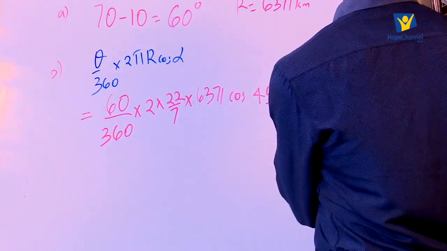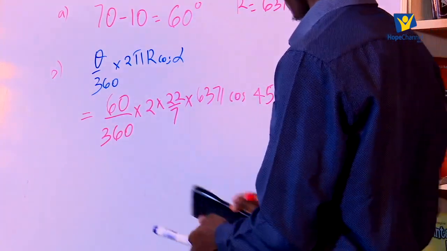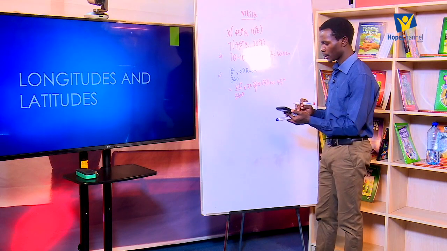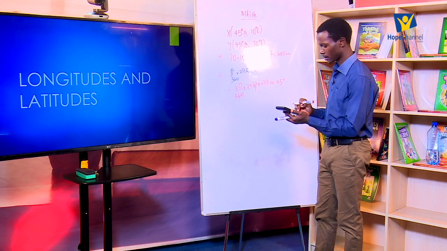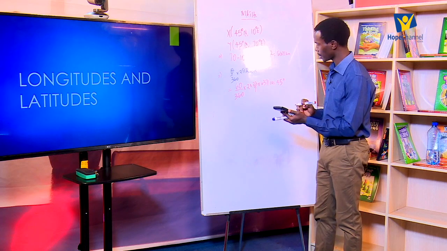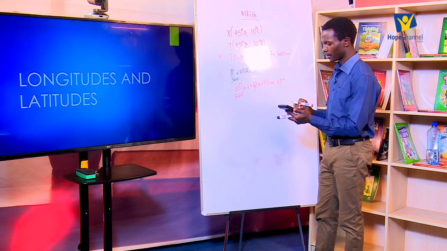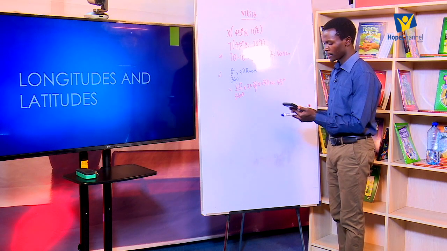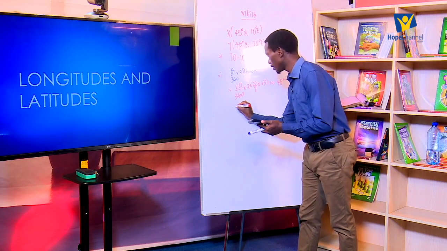So when you work that out, what do you get? Let's see. So you have 60 multiplied by 2 by 22 by 6371, the cosine of 45, divided by 360 times 7. So the distance that we get here is